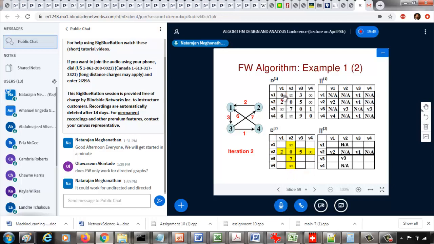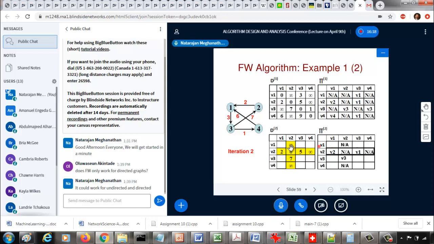So let us do the process. Currently from V1 to V1 is 0. So we have to see, can we do better than 0? Again, if you draw a vertical line, it reaches the highlighted row at 2, and a horizontal line will reach the highlighted column at infinity. So we are going to see if 2 plus infinity is less than 0. The answer is infinity, so it's not less than 0. So we'll stay with what we know is 0, and the predecessor, whatever it is, is not applicable